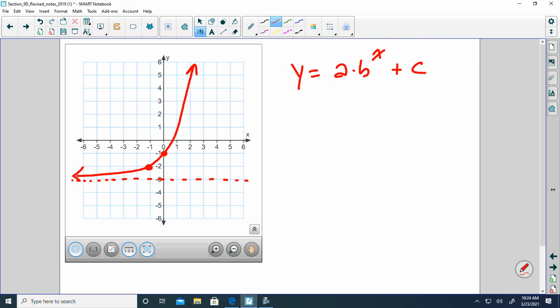Can anyone guarantee me what c is right now? You think? -3. Very good. So far, because of the asymptote, I know this. Anybody have trouble with that? Okay. So now,